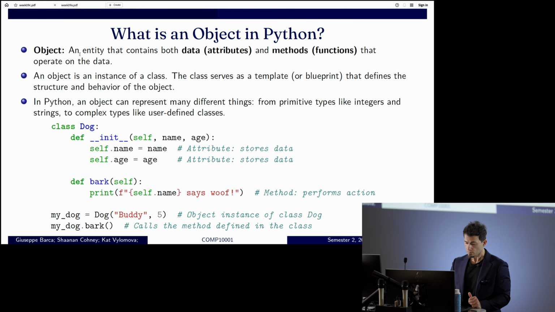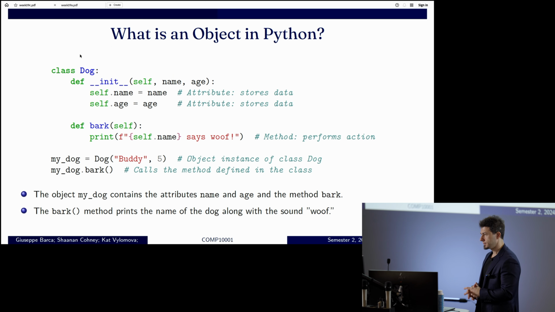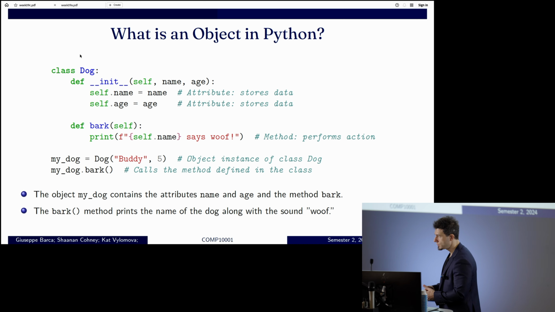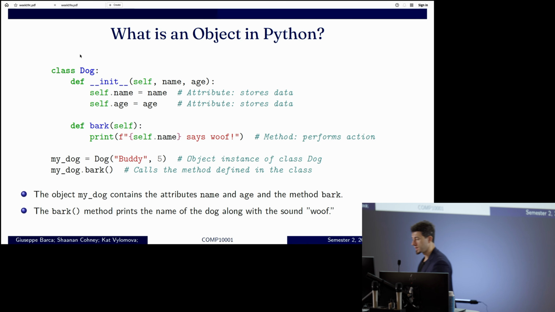Now, every object in Python, whether it's an integer, a string, or even a list, follows this model. Yes? I was going to ask, how do you handle like